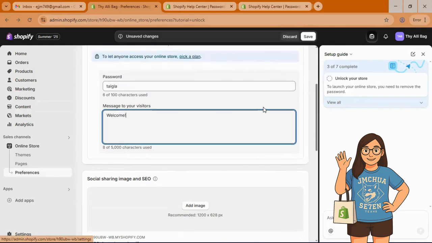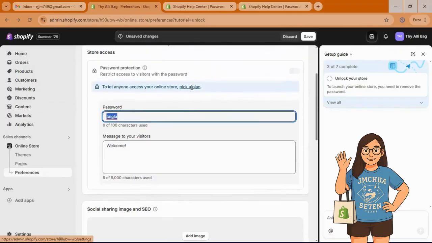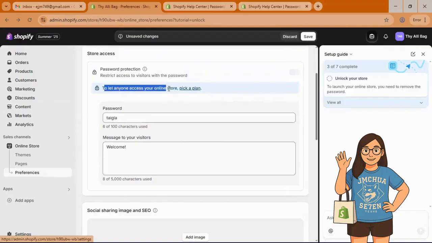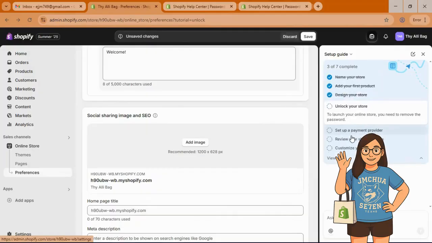However, since we haven't chosen any plan yet, there is no option for us to remove the password yet, because to let anyone access your online store, it says here you need to pick a plan. Okay, but it's okay. Let's just skip this step for a while and visit the other steps.